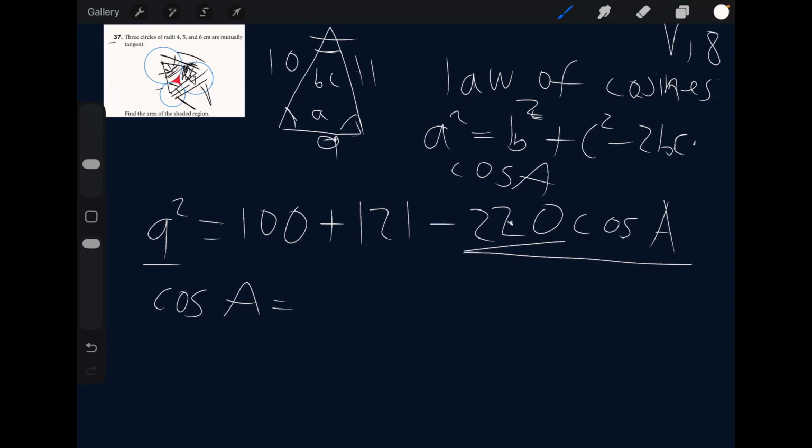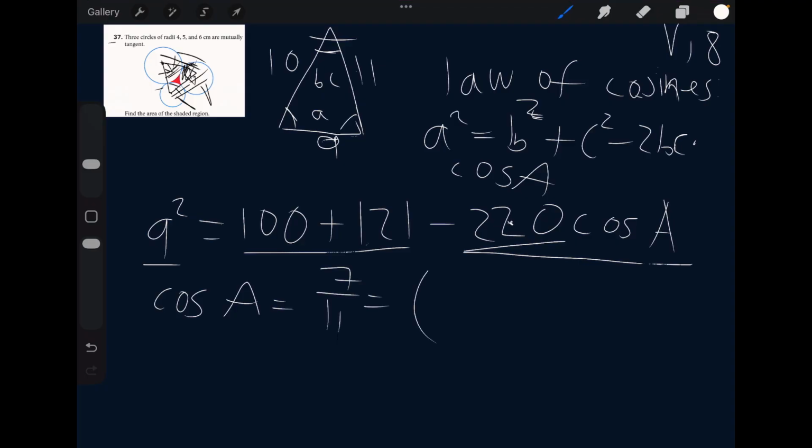it'll equal 108, it will equal, this will just be 221, and minus 81 is going to equal, that'll just equal 140. So now we'll get cosine A equals 140 over 220, and if we write that in the simplest form, we'll get 7 over 11,